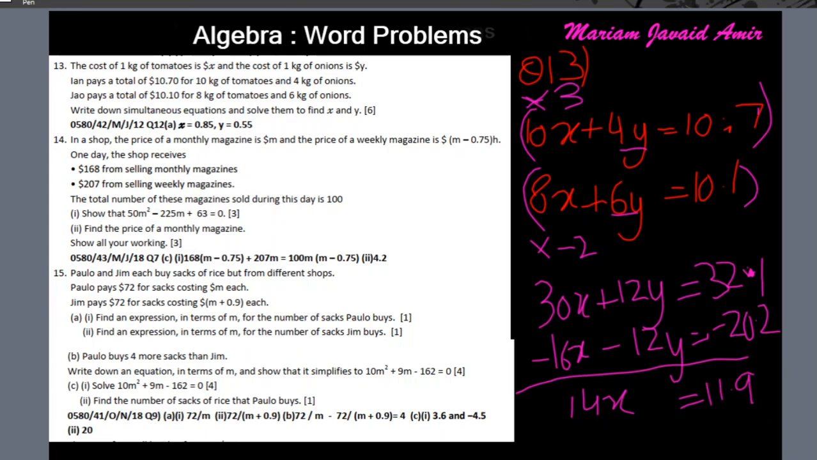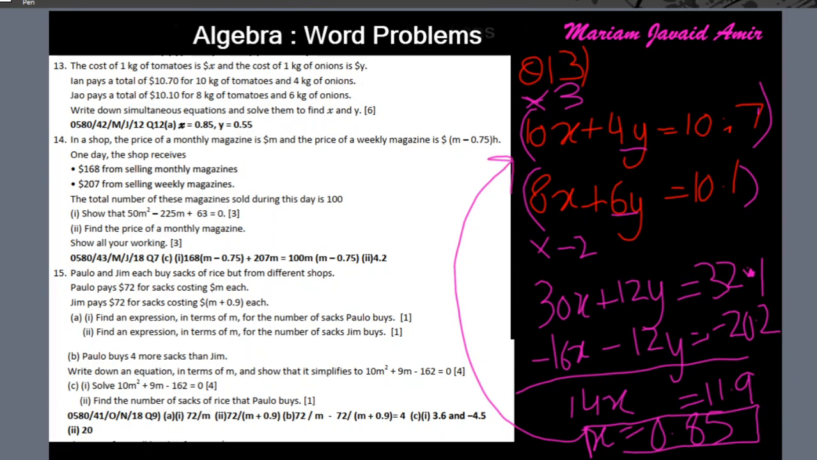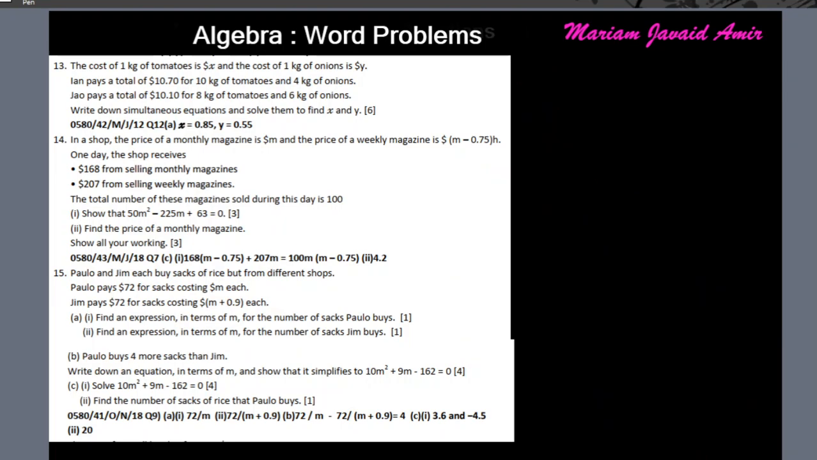So x equals 11.9 divided by 14, which is 0.85. So x equals 0.85. Now please find y on your own by substituting this value of x here or anywhere else in the question. Alright, this was question 13. Question 14